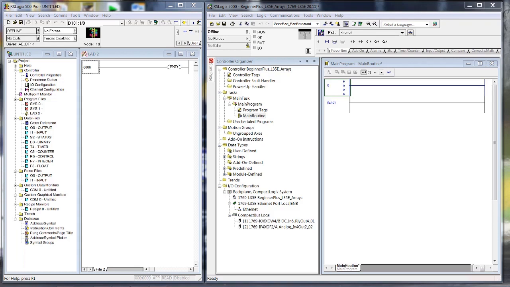One of the subjects we did not cover in Volume 1, the beginner, is the subject of arrays. We've not really worked with arrays yet, so let's start there. Arrays, single dimension, or you could say a field of bits. We had you open RSLogix 5000 from the start menu or from a shortcut. We had you start working with arrays, but I'm going to step aside for a minute and talk about arrays